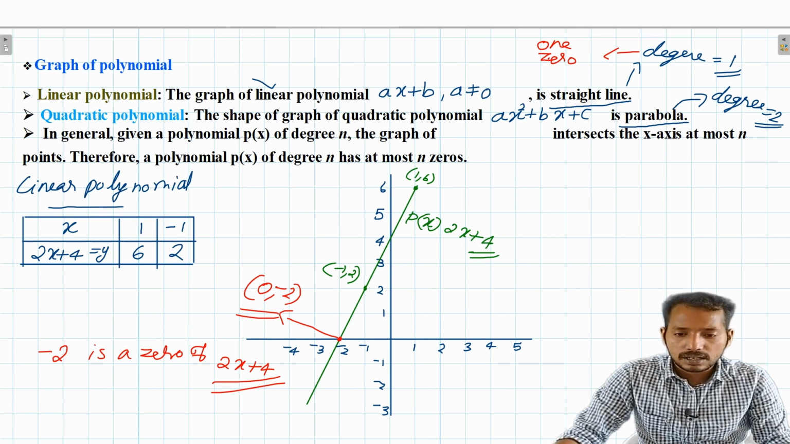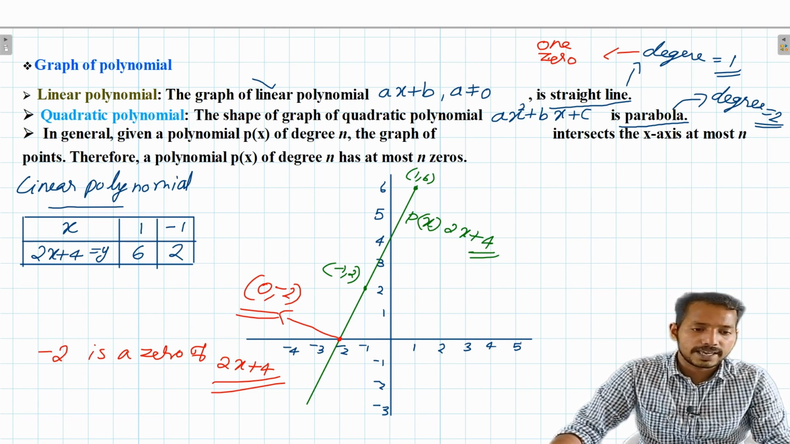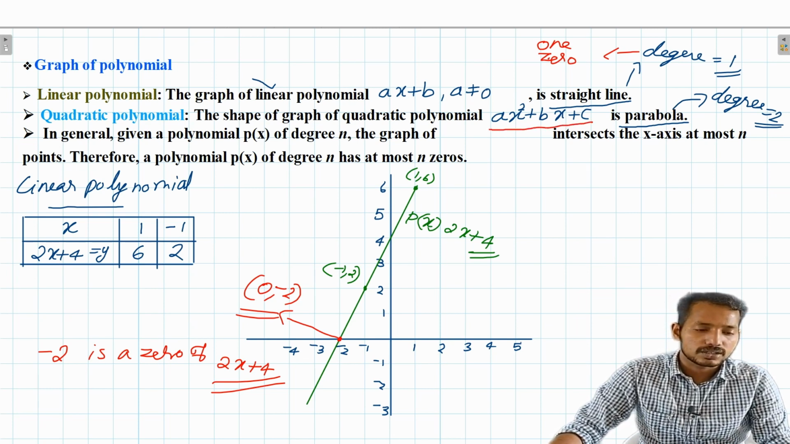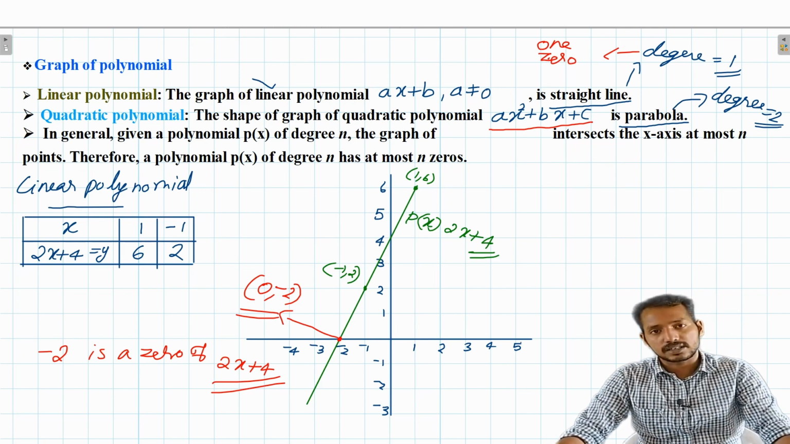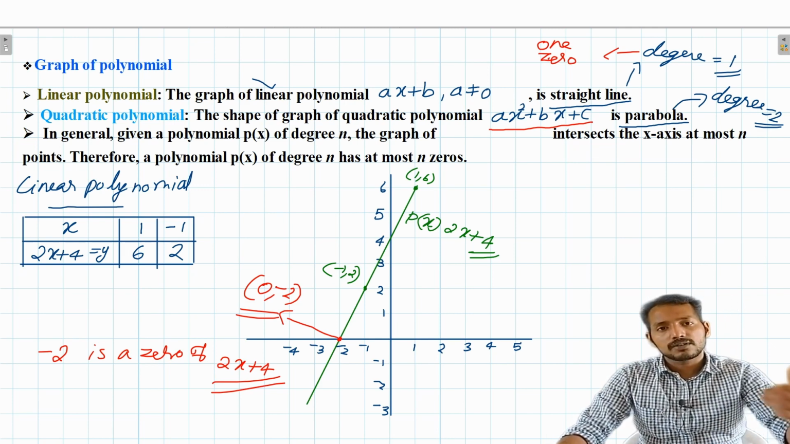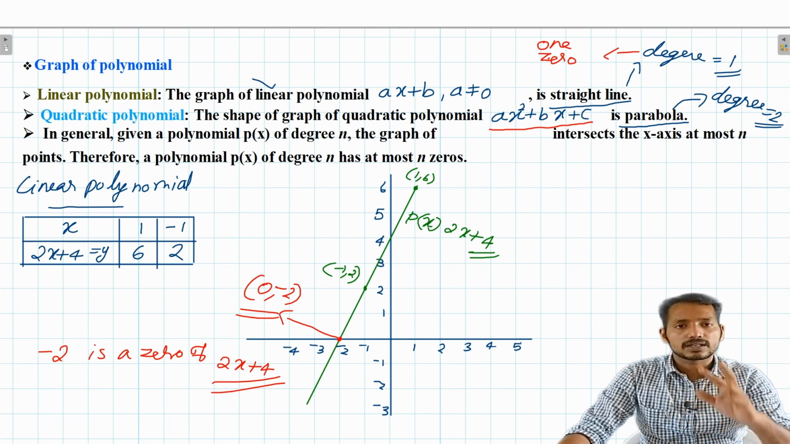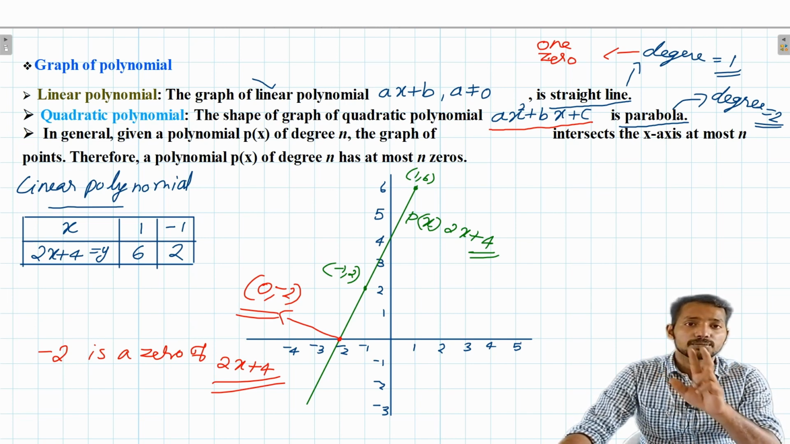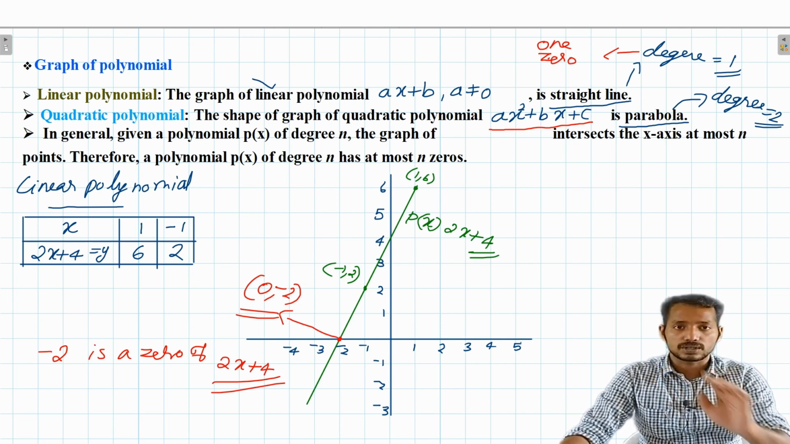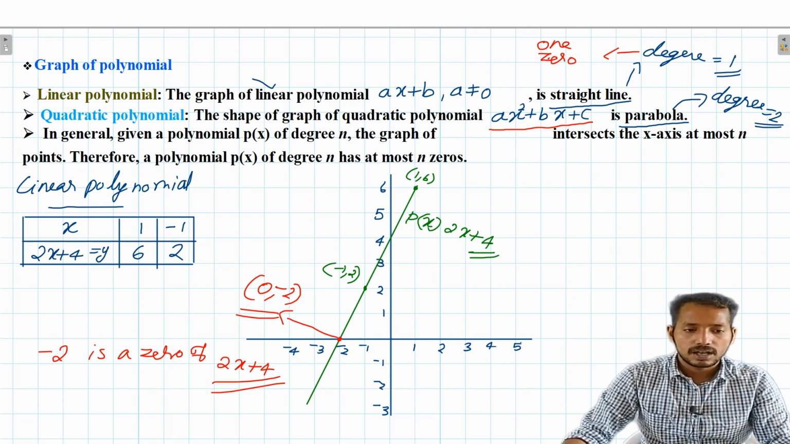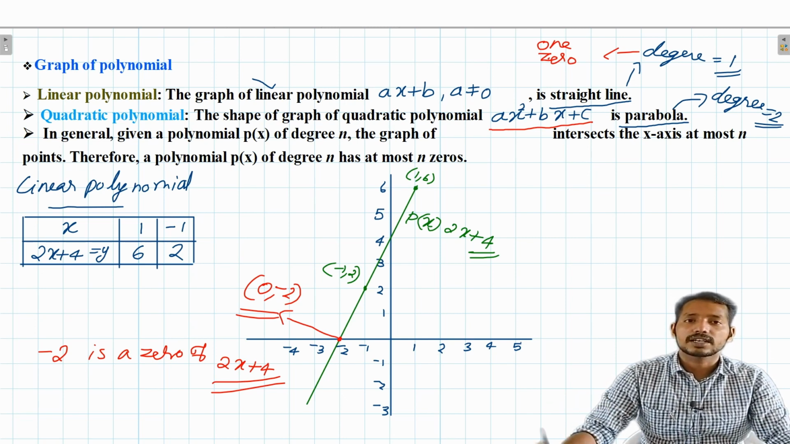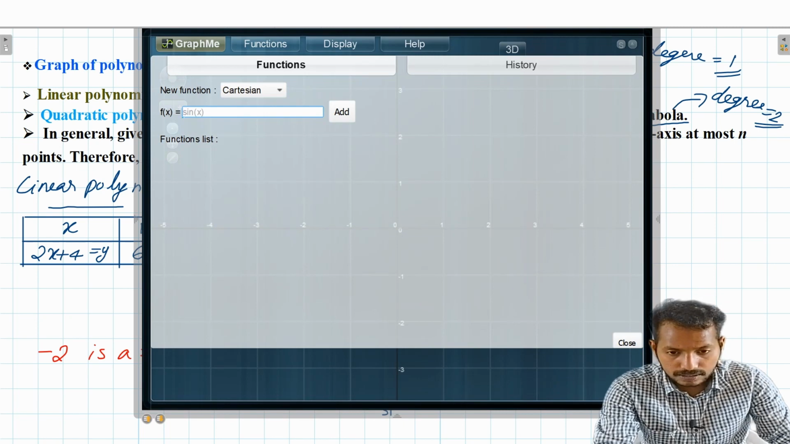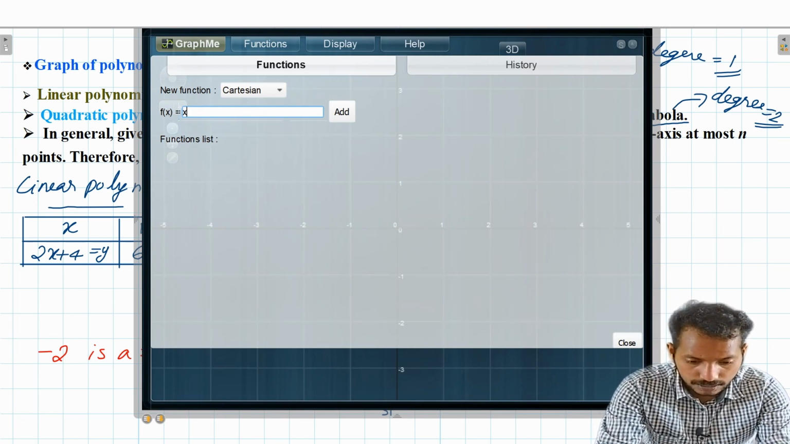Now come to the quadratic polynomial, that is ax square plus bx plus c. The shape of this graph is a parabola. Its degree is 2. We know that generally a quadratic polynomial has 2 zeros. While factorizing a quadratic polynomial, generally we get 2 zeros. How is it possible? Let's draw the graph of the quadratic polynomial. Listen, see here, I am going to enter a value